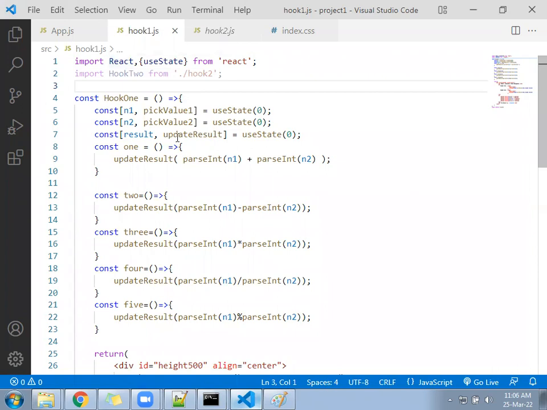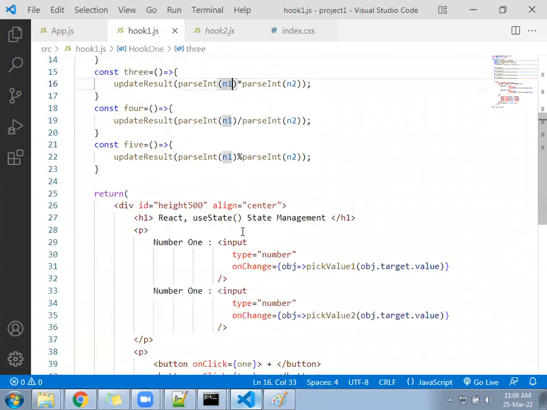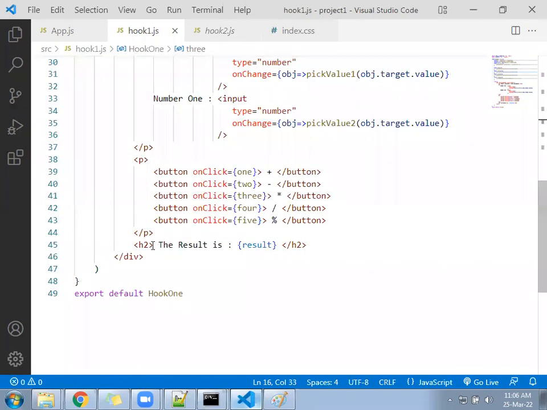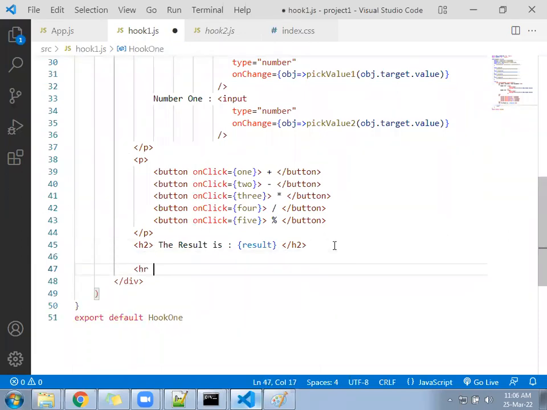Okay, imported. Now, in HTML, after this H2, we can write one HR with the color equal to green or blue or orange,